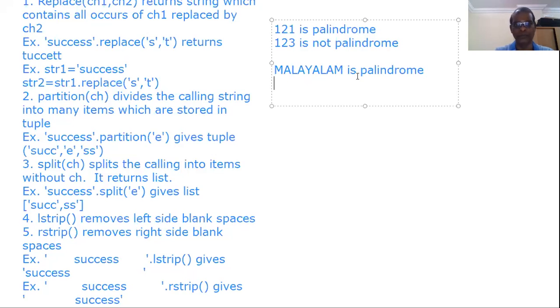Okay, for example, Tamil is not a palindrome. How will the reverse of Tamil be?